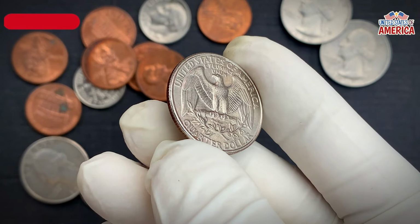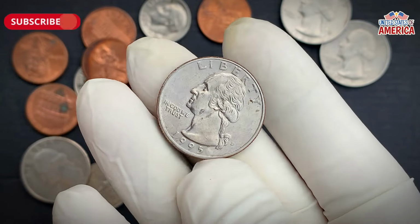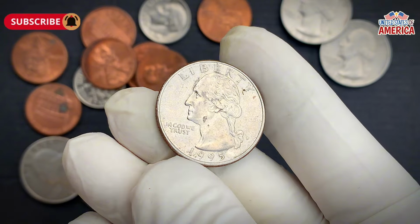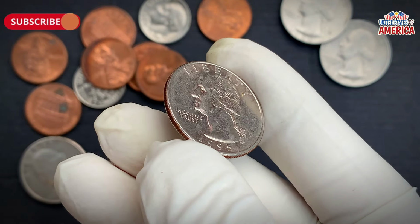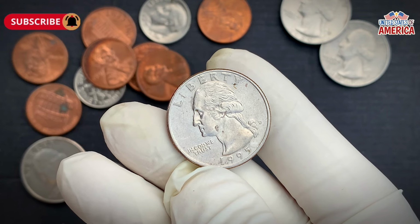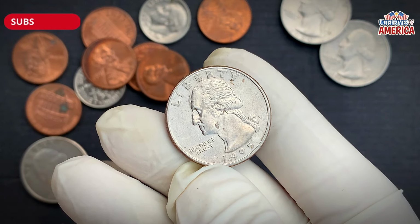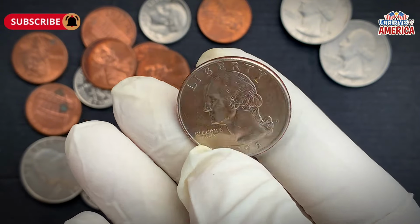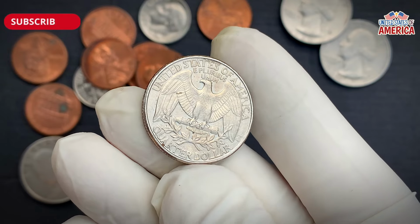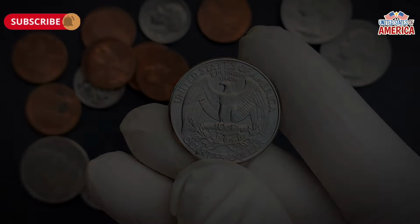potentially worth even more. The market for these error coins is driven by an insatiable appetite among collectors. The more dramatic and rare the error, the higher the value. A double die error in pristine condition might start at $10,000 and quickly escalate based on its clarity and preservation. Off-center strikes can command anywhere from $1,000 to $50,000, depending on how dramatic the misalignment is. Even minor die breaks, if they're in the right place and prominent enough, can turn a quarter into a four-figure